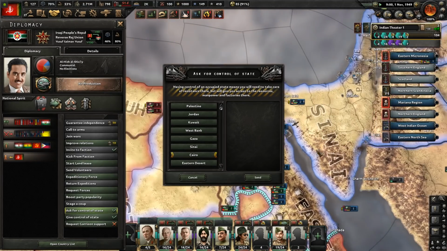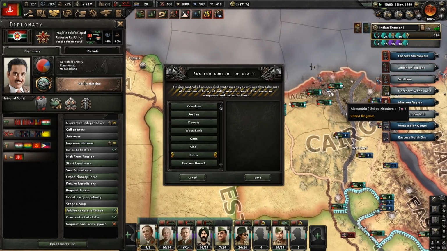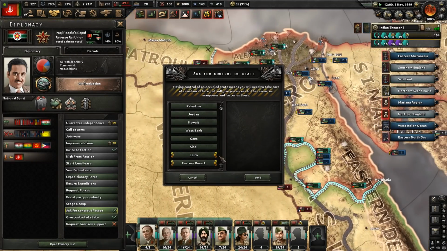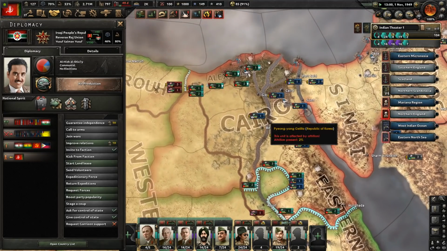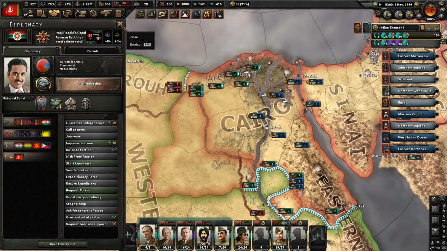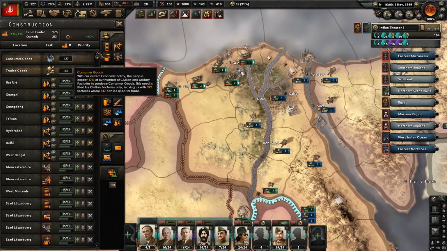Here's a nice bit of economic micro. I noticed that Iraq was taking over all of the places I'm actually conquering in Egypt, so I thought let's talk to Iraq and try to let me have them. They were willing to do that. Absolutely perfect. When the AI is willing to give you the front line, you can come in and start roading